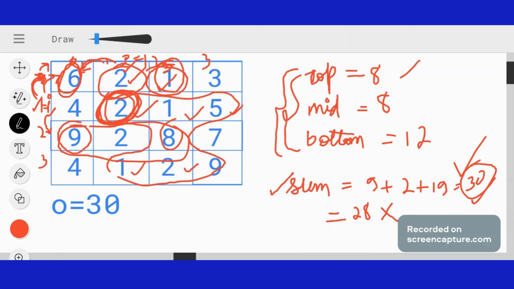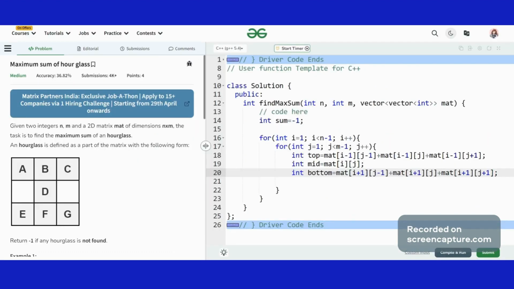We will get our 9. So if we do i plus 1, my i was previously pointing to 1. Now if we do i plus 1, 1 plus 1 equals 2, it will point to index 2. So this is pointing to this row. And my j was previously pointing to 1. Now if we do j minus 1, 1 minus 1 becomes 0. What is present at the index i equals 2 and j equals 0? It is 9. So we have got our first bottommost element, right?